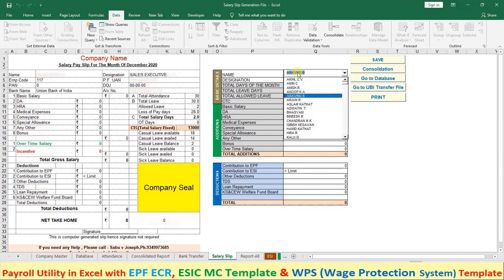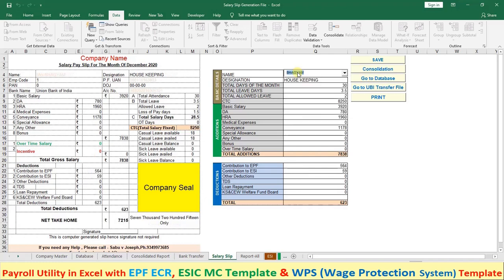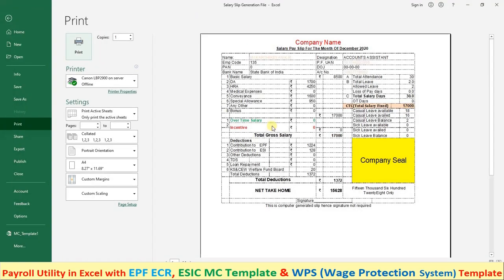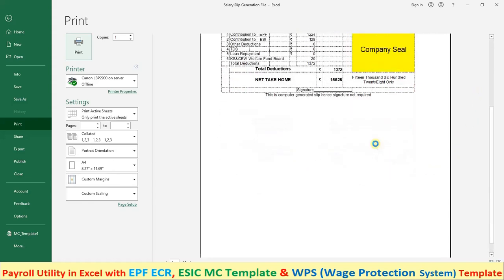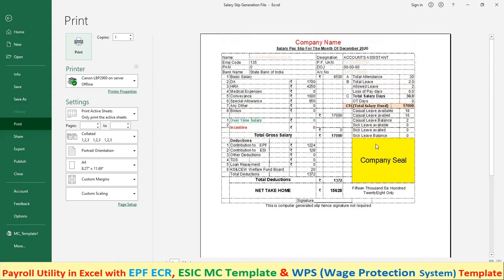So no need to copy and paste the salary slip here and there, and no need to keep each salary slip for each employee. So in a single slip we can generate all the employee salary slips within a scroll down. Here just scroll it down or up, the concerned employee slip will be generated. Just go to the print. You can see here the salary slip. The salary slip will be created half page of an A4 sheet. So in a single A4 sheet you can print 2 employees salary slip. This is the printable format.